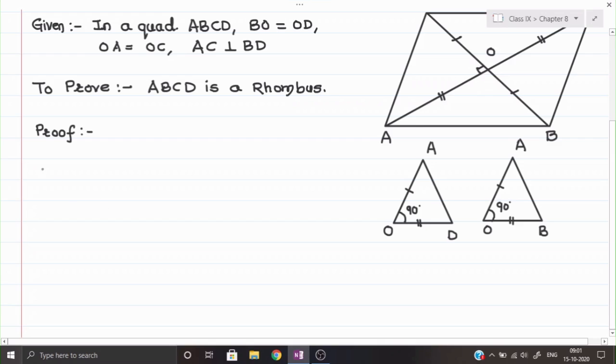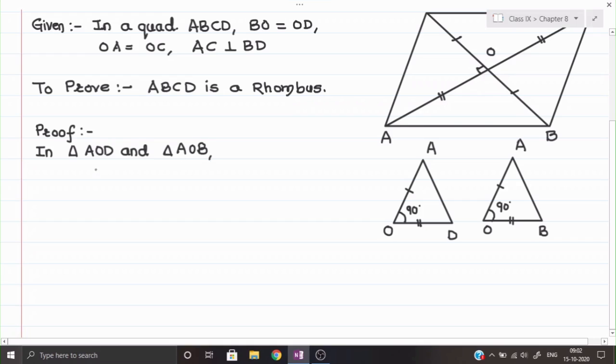So first of all we shall write: in triangle AOD and triangle AOB,